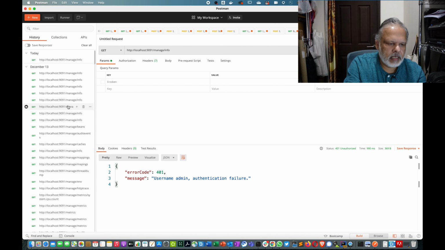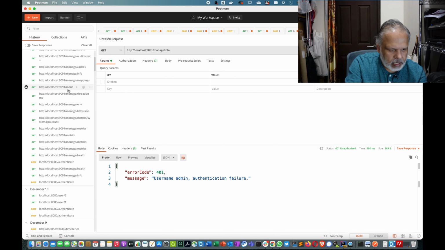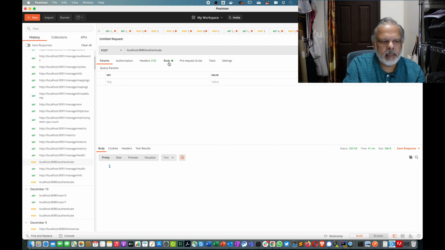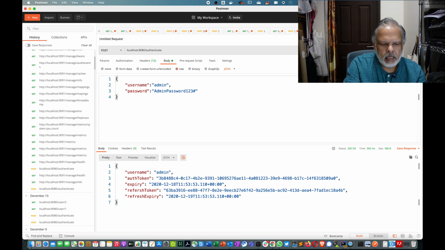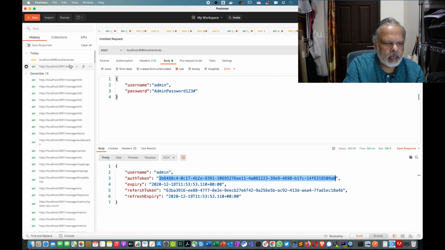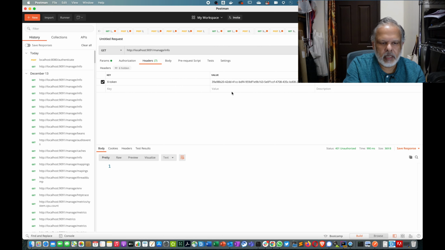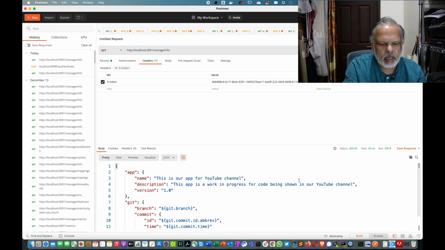We got authentication failure because I am using your old auth key. So let's do authenticate again, and we are authenticating with admin here. So we got a new auth token, and we run info again, change the header, we go and change the key auth token. So now if you see, it's running here,